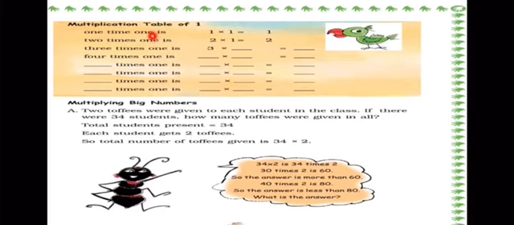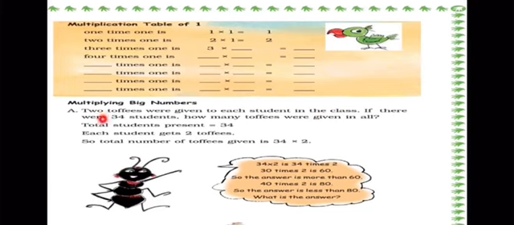Now multiplication table of 1. Now 1 times 1 is 1, then 2 times 1 is 2, so 3 times 1 is 3, 4 times 1 is 4. Now 5 times 1 is 5. Now as you can see over here, it's written 1, 2, 3, 4. So that's why we have taken the next number 5, because we are following the same pattern. So after 5 comes 6. So 6 times 1 is 6, 7 times 1 is 7, 8 times 1 is 8. So start writing these answers in your textbook.